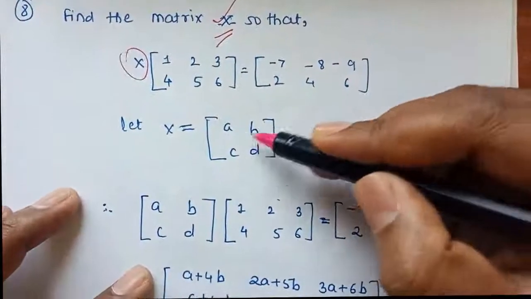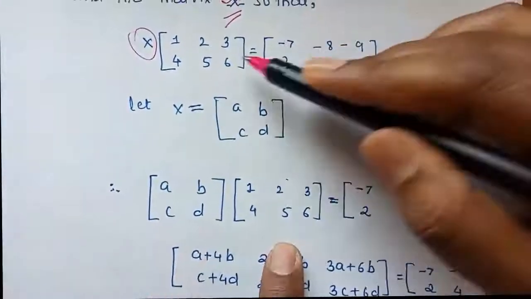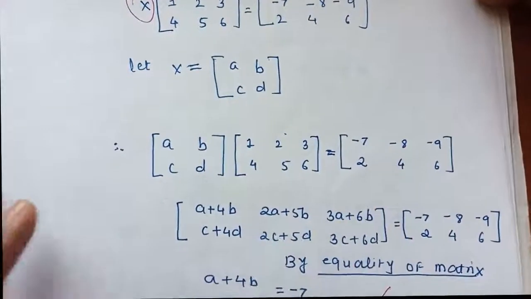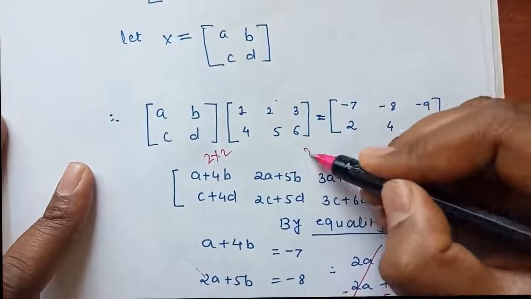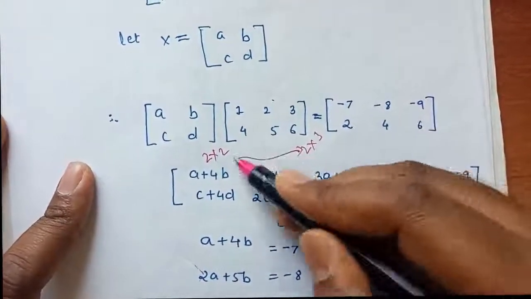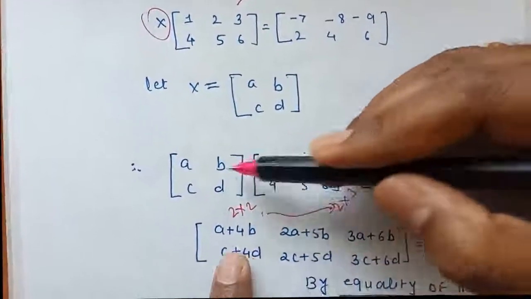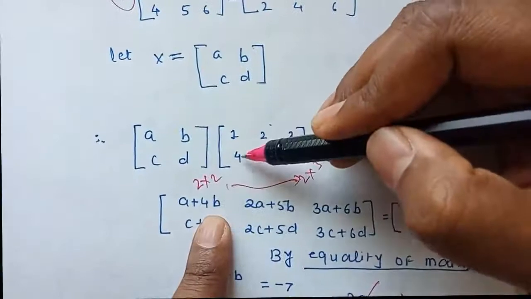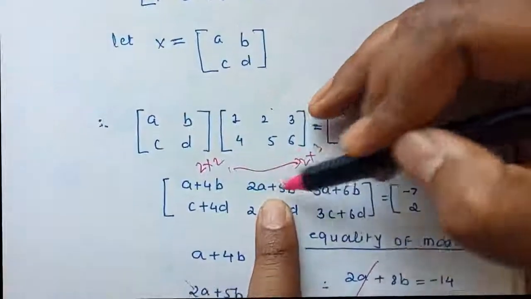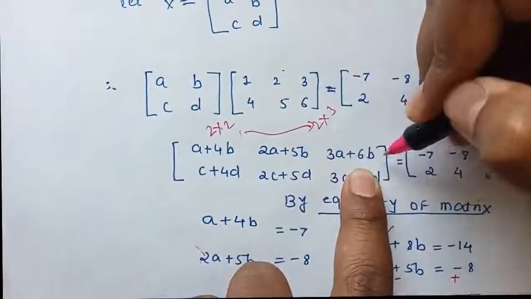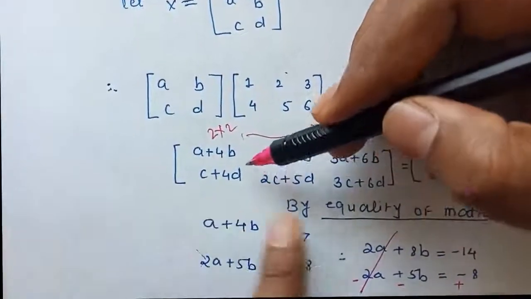Now same thing, A, B, C, D, I have taken it down here. A, B, C, D, this is the matrix. Next is the given matrix, and this is the matrix which is to the RHS. So since the order of this matrix is 2 by 2, the order of this matrix is 2 by 3. So the columns and rows of these 2 matrices are equal, so I can multiply. So first row, first column, same, A into 1 is A, plus B into 4 is 4B. So first element of first row I will get. First row, second column, so second element I will get. First row, third column, so third element I will get. Similarly, second row, first column, so first element of second row.